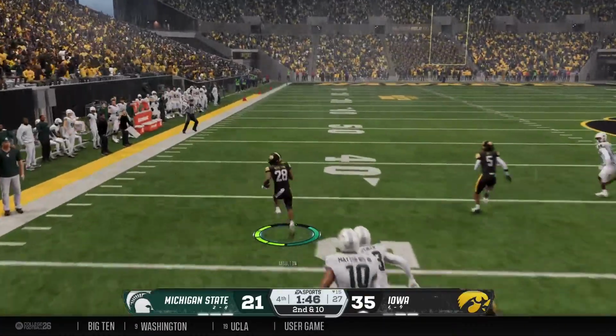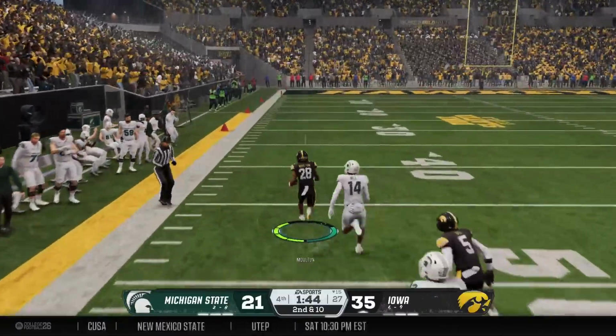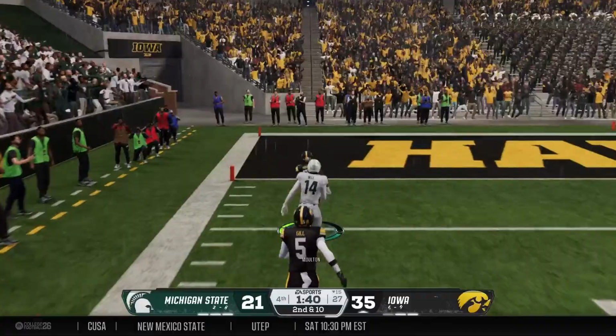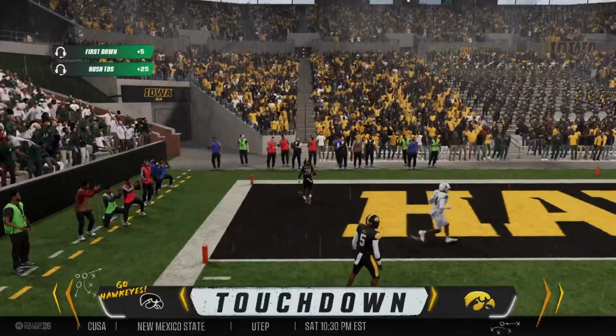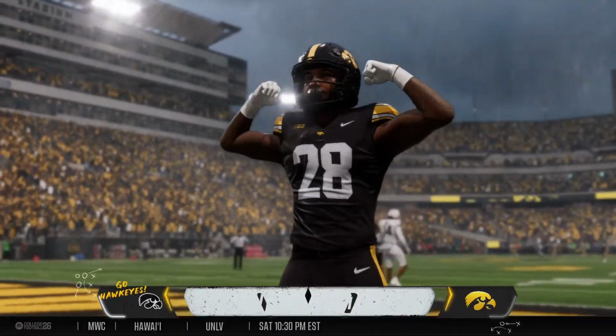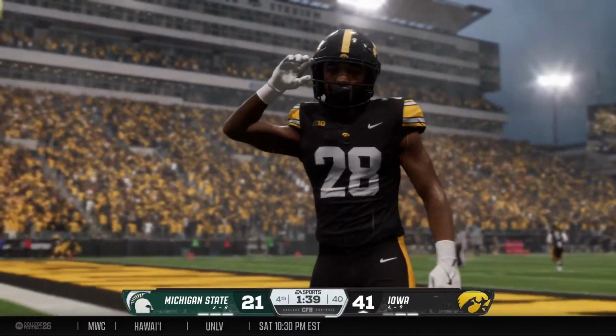He's proven to... There he goes! The 40, the 30. He's at the top, and he'll take it to the house. He got loose. Touchdown, Iowa! They built a comfortable lead and tried to